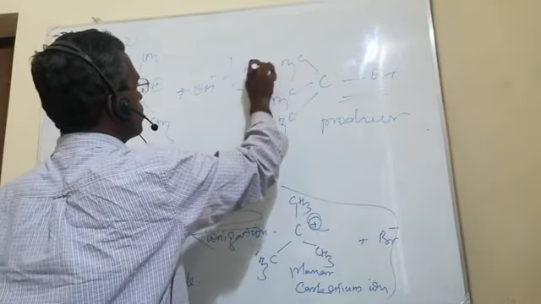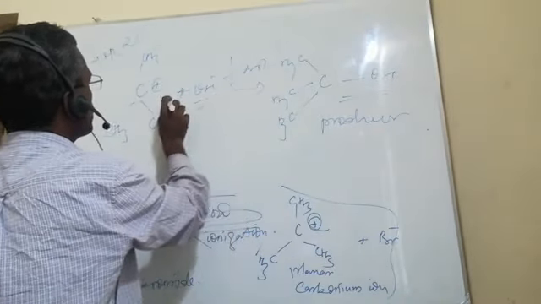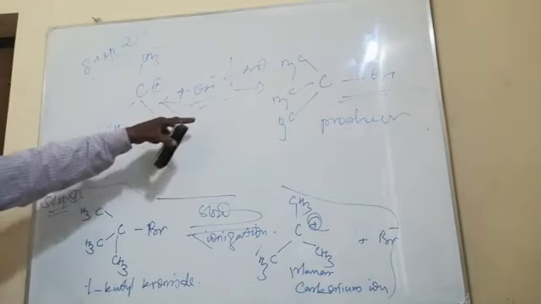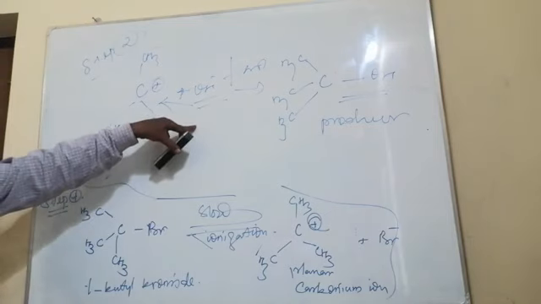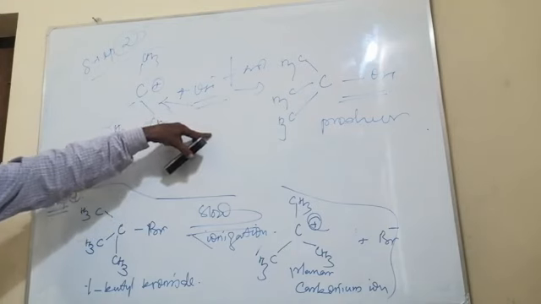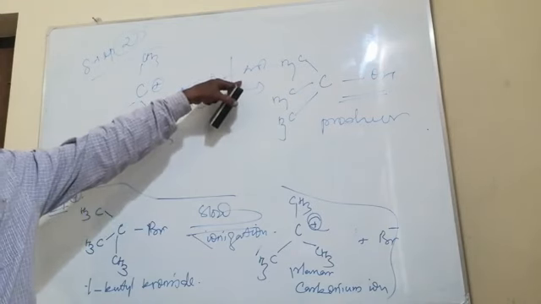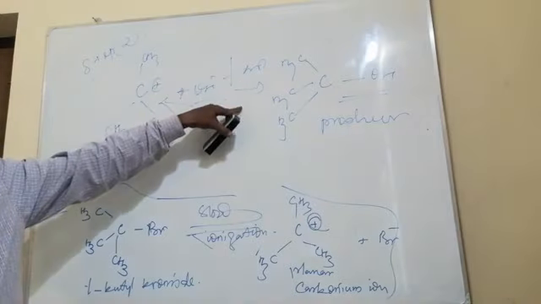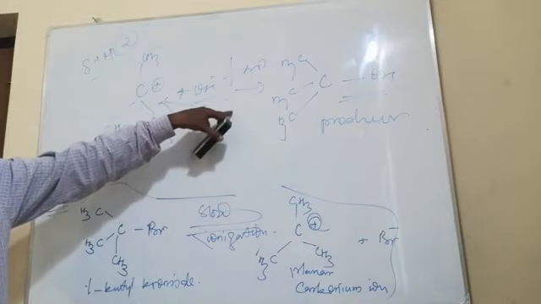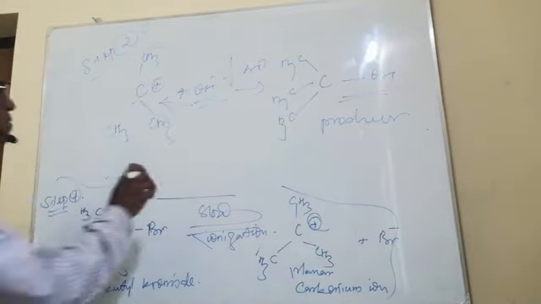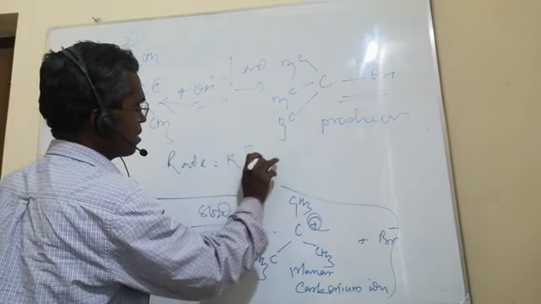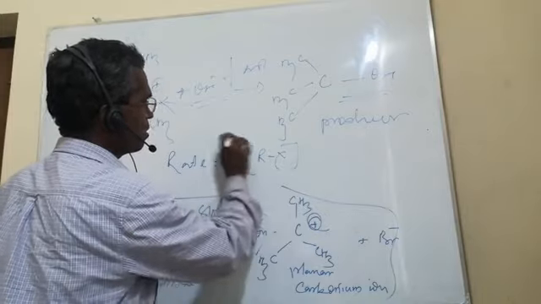In the first step, the combination of the nucleophile with the planar carbonium ion takes place in a fast step. This second step you cannot consider in calculating the rate or speed of this reaction, because this is a fast step. Therefore, the rate law involves just the concentration of the substrate alone. Rate is equal to K times the concentration of RX alone in SN1.